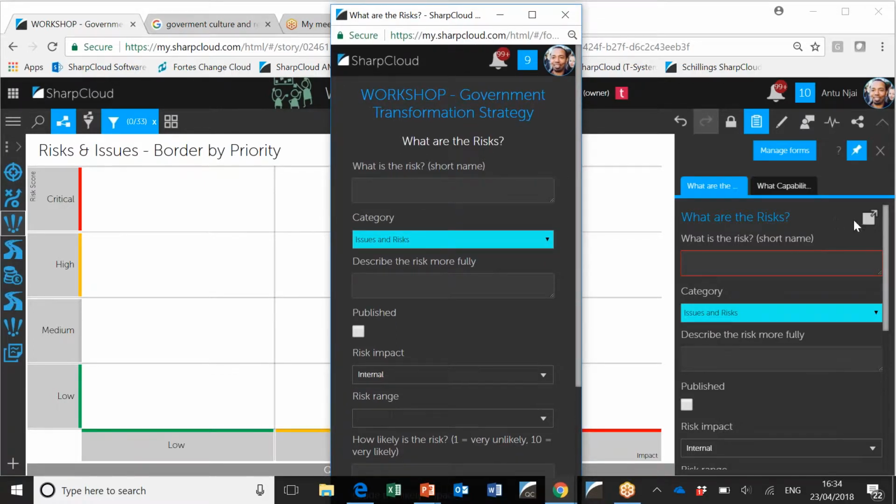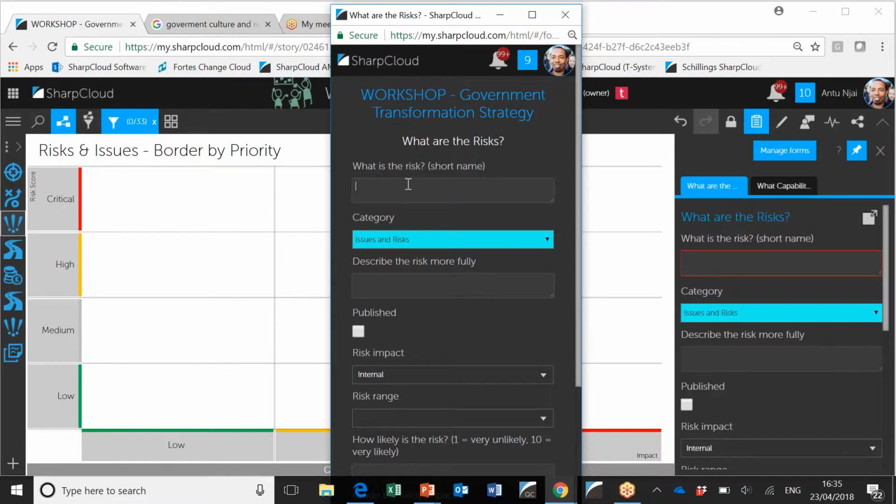Now I've just clicked on this sort of expand button here, which then shows the form in a new browser window. And this is giving you an idea of what it would look like on an iPhone or an Android phone. So the form, because it's just used through the browser, should be able to be used on any modern device. We've seen historically a couple of issues with some older phones, but a lot of those have been dealt with because it's purely a question of how well they support HTML5 on the whole.